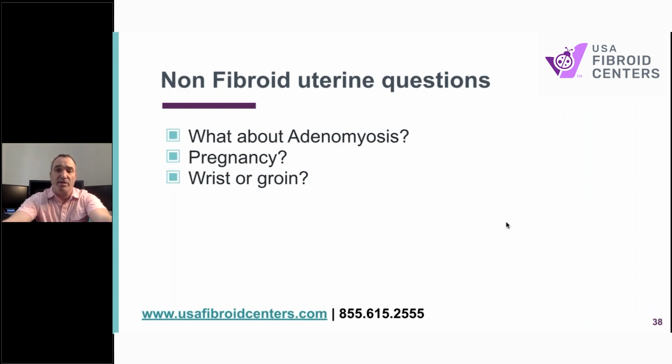Pregnancy, another big question. So for those who wish to retain their pregnancy option, obviously hysterectomy is not an option. But there are procedures for women who have infertility issues that may be used in conjunction with or instead of uterine artery embolization, such as a myomectomy, where they go in and just take out 1 or 2 fibroids. If in fact we get an MRI and we see one easy fibroid to remove, I totally understand that myomectomy is probably a better option. However, there are many women for whom there's more than one fibroid, or maybe 5 or 10. You're not going to be able to get them all out. And in fact, you're not going to know which one is the cause of the problem.